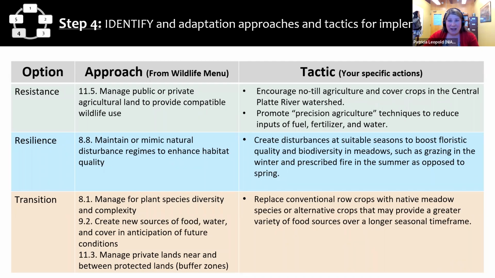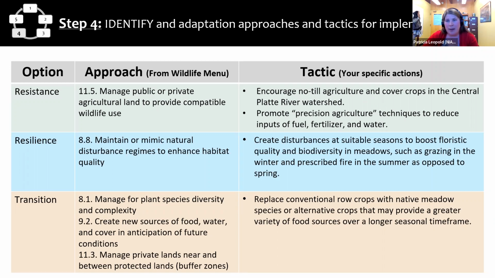So it considers their anticipated climate impacts, and they're designed to help reach their stated goals and objectives. So this project came up with really a large number of adaptation actions. And so here we've highlighted a few that fall into the resistance, resilience, and transition categories. So this project has a little bit of all three, maybe thinking about the near term as well as the longer term